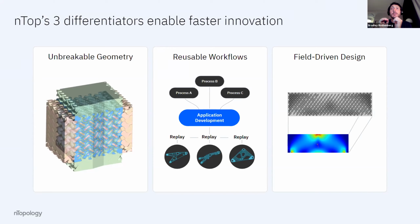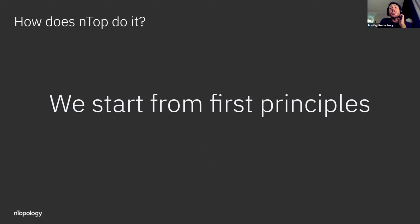Field-driven design, it's actually taking the physics and the real world and using that real world information and data to drive the model parameters. And that's really important, as we'll see a little bit down the line. But starting with unbreakable geometry, again, rather than try and hack on top of BREPs,